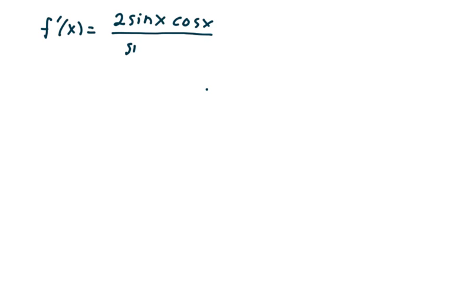Now, this says f prime of x is 2 sine x cosine x divided by sine x times sine x. And sine x's cancel, and we can say f prime of x is equal to 2 cotangent x. Cosine x over sine x is cotangent x. And that is number 6. If we take a look at number 8,